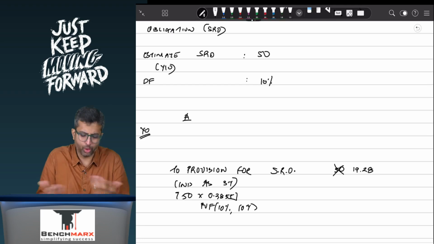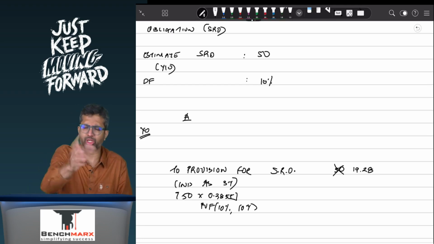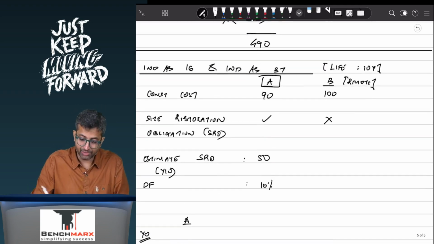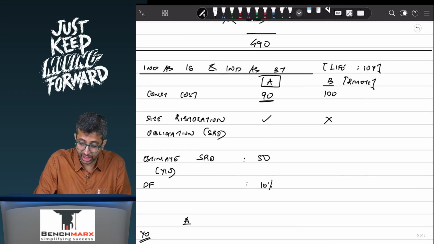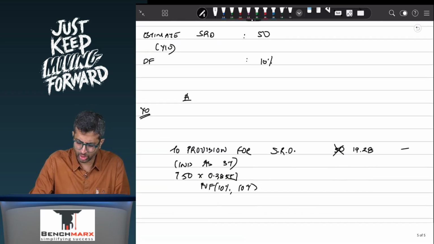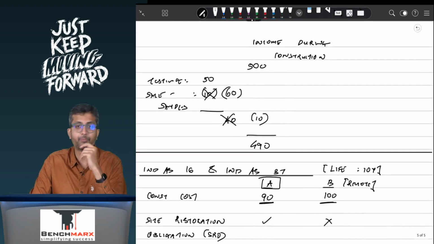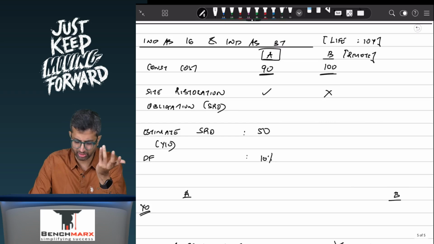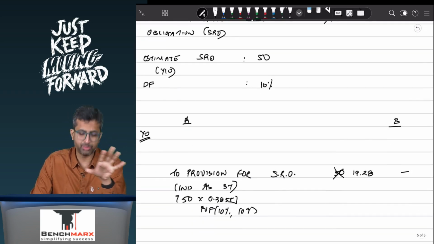Or if I debit the profit and loss, what is the problem? Okay, 19.28 will go to the P&L. And if I open my balance sheet, I will say site A, which is at 90, site B, which is 100. Site B, there is no site restoration obligation. Site A, there was a site restoration obligation. So when I look at this working, I would say, okay, site A will be at 90 and site B